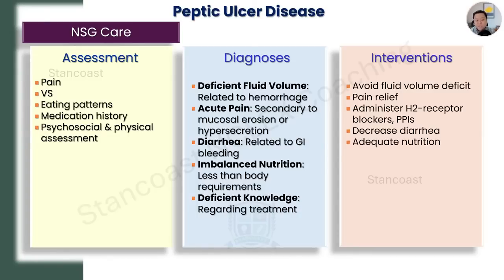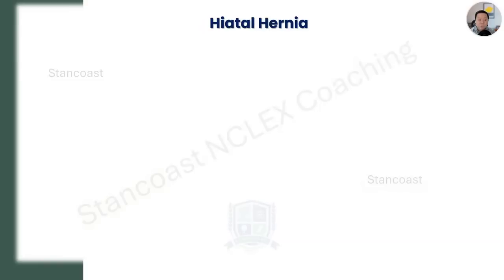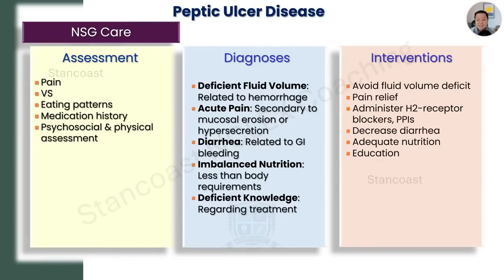So we can do this by providing small frequent meals, nutritional supplements, and administering parenteral nutrition if needed in severe cases. Now, part of the education here will be to help the patient recognize those signs of bleeding, follow the treatment plan, and also adopt healthy lifestyle changes. And also, we need to teach them regarding the recognition of complications such as bleeding, and also to promote healthy lifestyle